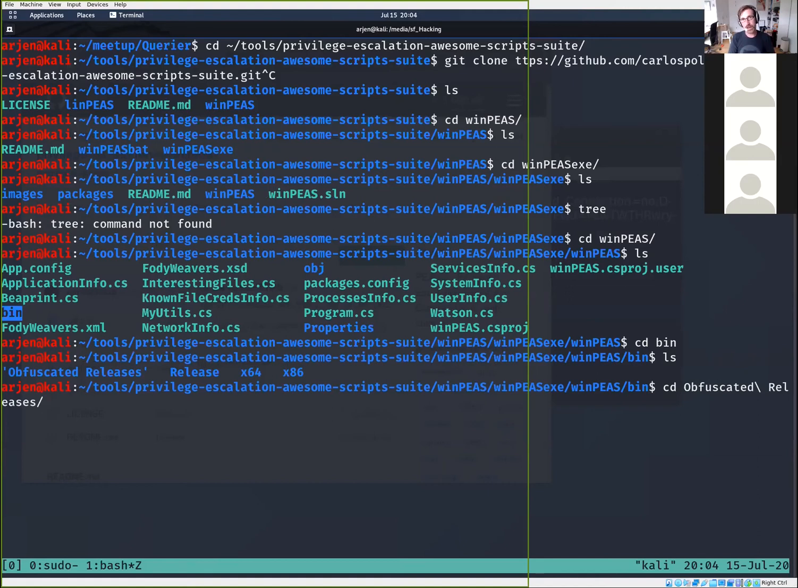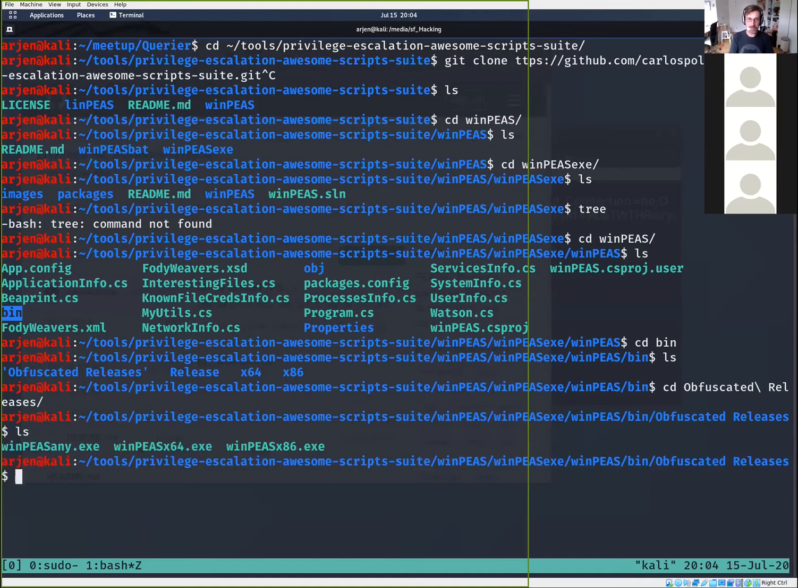I always go for the obfuscated release. It sounds cool. Generally, you would obfuscate something to not have it be detected, in the sense that Windows Defender or something else that looks at patterns can't flag it. So finally, in this directory, there are 3 binary files, the x86, the x64,